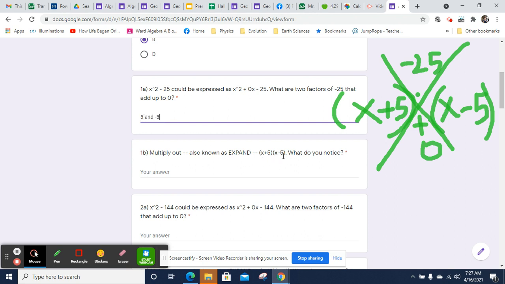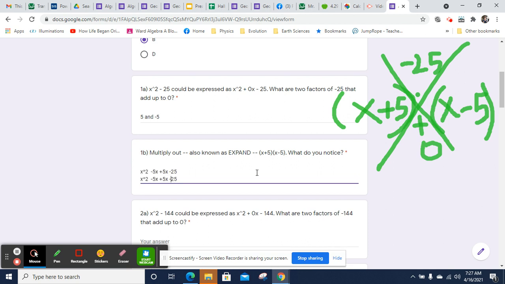Now we're going to expand x plus 5 times x minus 5, which is what I have here. Let's prove that that actually is going to be x squared minus 25. So x times x will be x squared. I'm going to do x times negative 5, so minus 5x. And then 5 times x, so that's plus 5x. And 5 times negative 5 will be minus 25. I'll put all that together, and the 5x and the minus 5x become plus 0x,